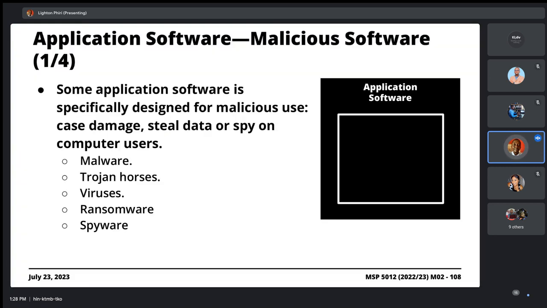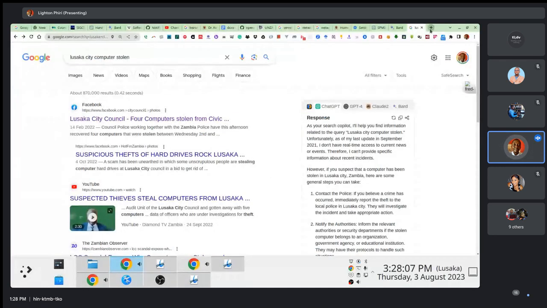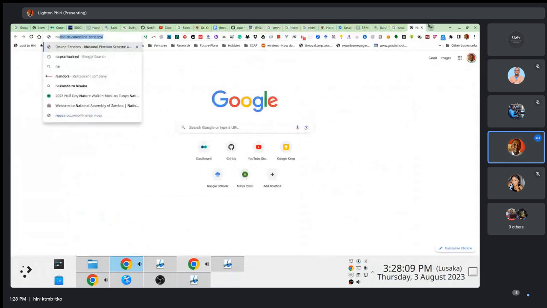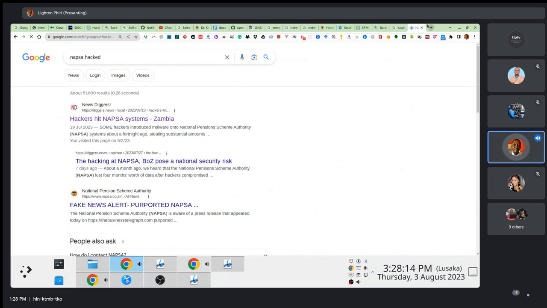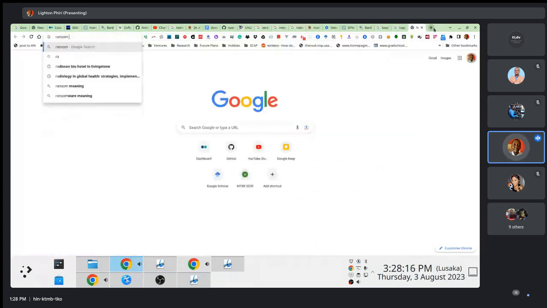I gave an example recently of what happened to NAPSA, right? They were hacked apparently with ransomware. I don't know if you've heard of ransomware, but the idea behind ransomware,